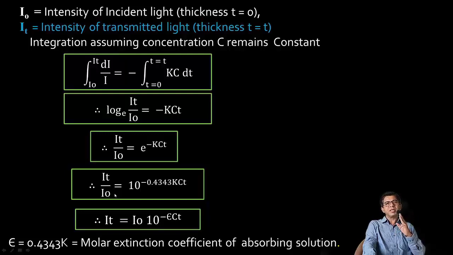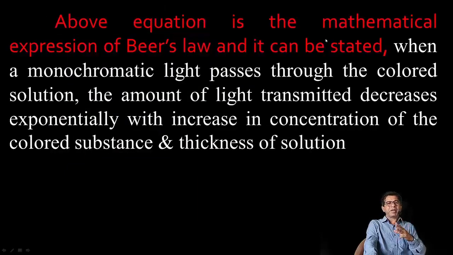0.4343 kct. This equation can be rearranged to IT is equal to I0 10 raised to minus epsilon ct, where epsilon is equal to 0.4343 k, that is the molar extinction coefficient of the absorbing solution. The above equation is the mathematical expression of Beer's law, and it can be stated: when a monochromatic light passes through the colored solution, the amount of light transmitted decreases exponentially with increase in concentration of the colored substance and